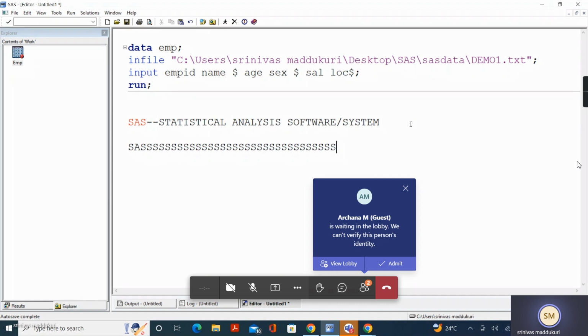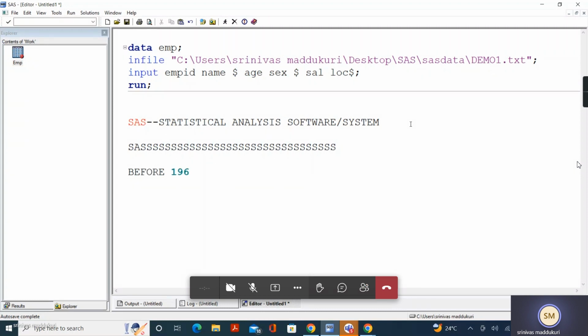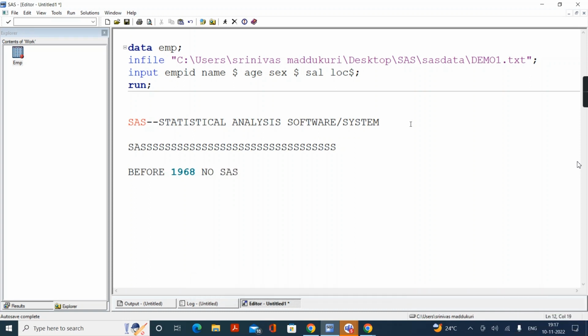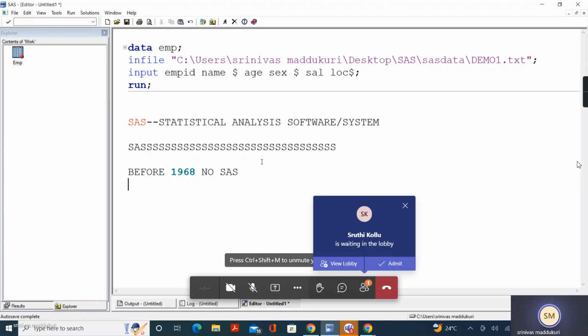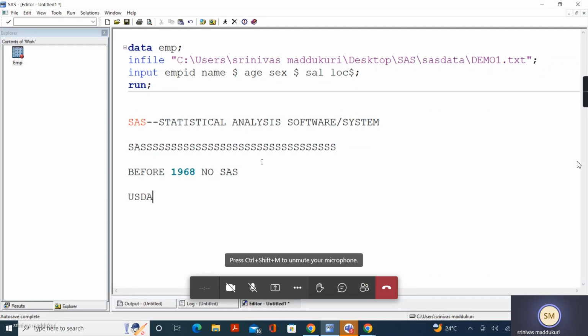Now, who discovered SAS? When did they discover it? Before 1968, there was no SAS at all. In 1968, there was an organization called the United States Department of Agriculture. This department used to get so much data from the farmers. What type of data? What crop they planted,